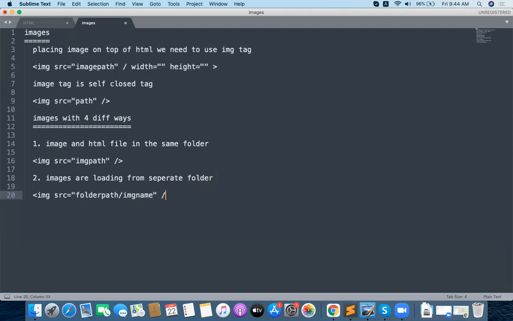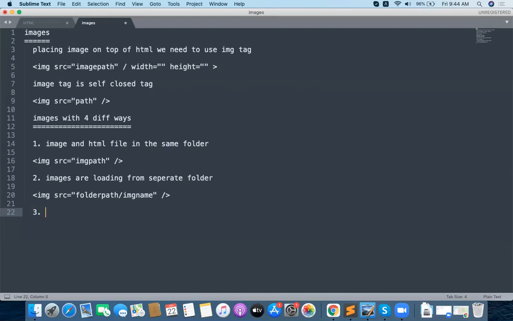Then you have to close it. Got it? Without mentioning the folder path, you can't see that particular image. Whenever you have all the images in a separate folder, you have to mention the folder path compulsorily.